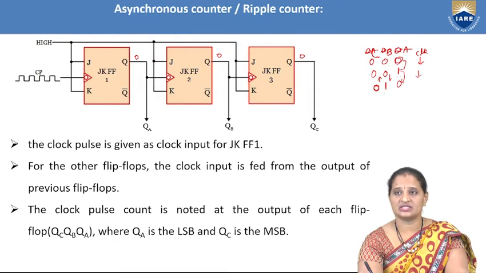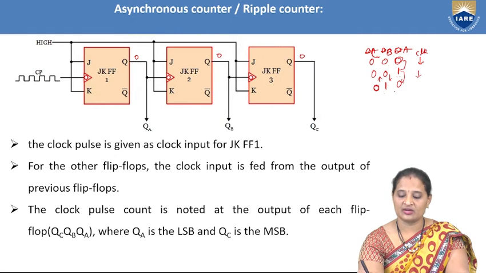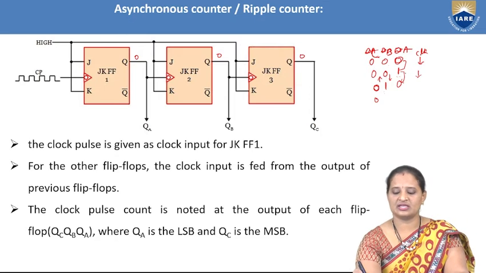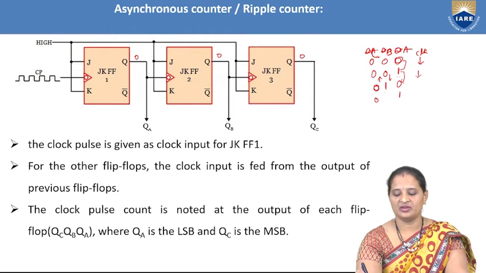During the first clock pulse, the state was 0, 0, 1. During the second clock pulse, it was 0, 1, 0. And during the next, now again, this will change to 1. So what is this one? This is a positive edge. So again, this will not change its state. It remains in the present state. So what was the present state here? 1, and it remains in the present state. So now what is the transition in the clock we have? 1 to 1. So again it will remain in the same state, that is 0.